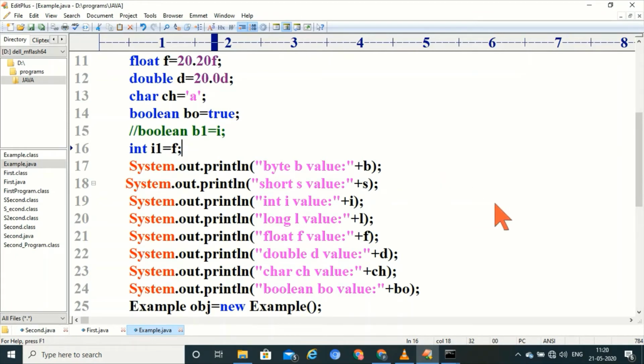Rules on cast operator. Rule number 1, cast operator data type must be compatible with source type, else it leads to compile time error. This is the source data type.